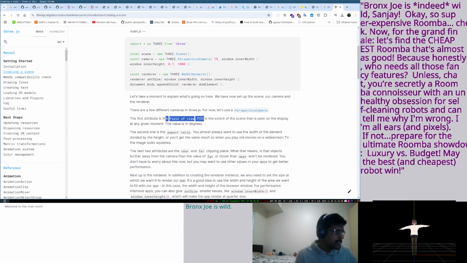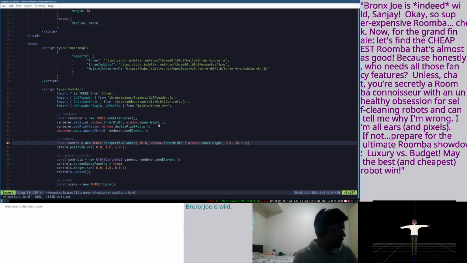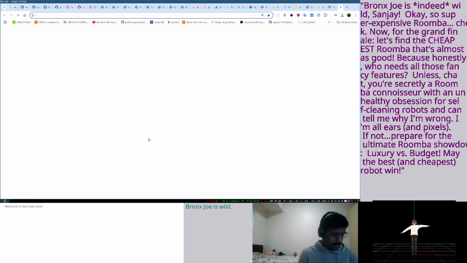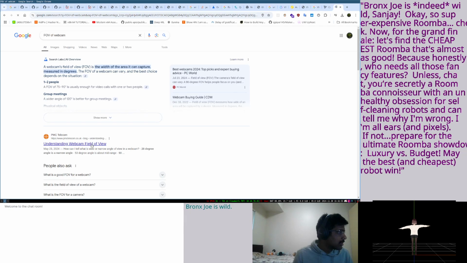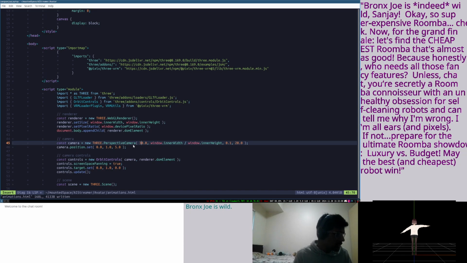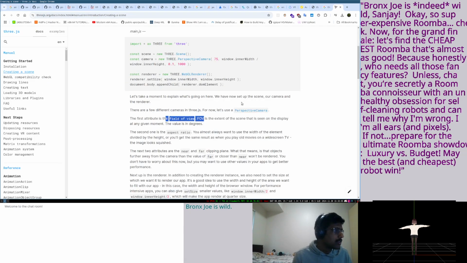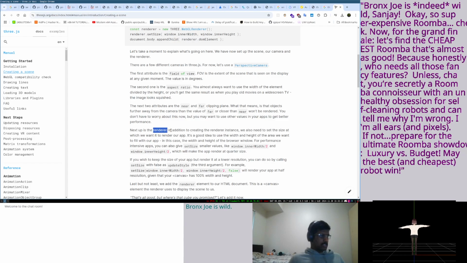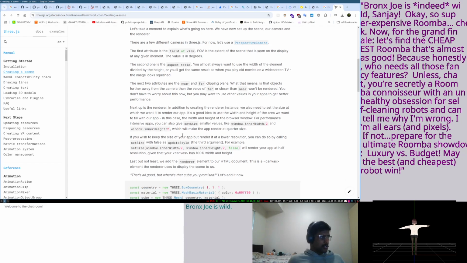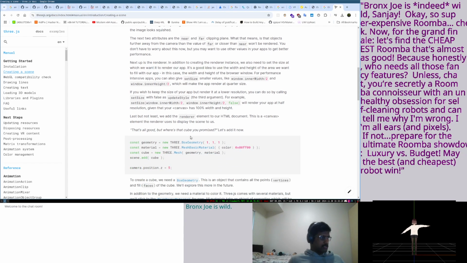So first is field of view. Good. FOV of webcam. 50 is about mid-range. Okay, well, let's set this to 50. Cool. Aspect ratio, yeah, we just copy the one, whatever. Near and far clipping plane, I do not care. Next up is the renderer. You can use some stuff, so